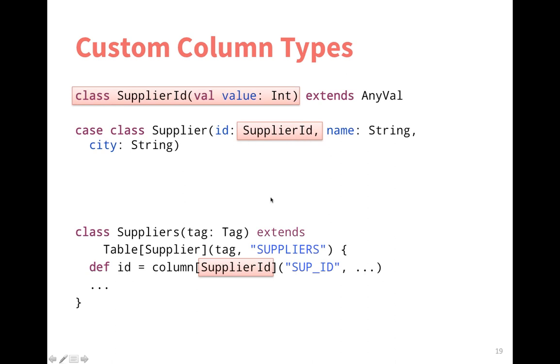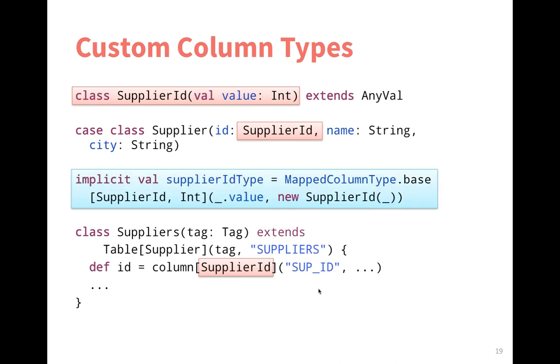ID is now of type supplier ID, and we call column of supplier ID for the server side. There's one more bit we need here, and that's again a bidirectional mapping to tell Slick how to map this type. And we do that by introducing a mapped column type. Again, you can see the 2 directions here. We go from this supplier ID to int by calling .value, and we go from an int to supplier ID by